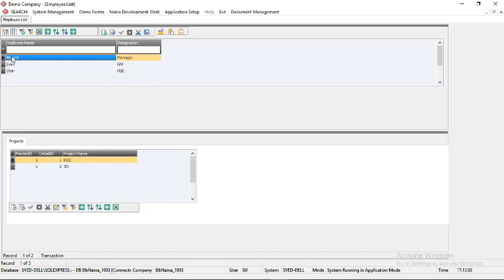We did not write any single line of code, but the system is capable of handling this master detail relationship. Now we have one form. Now if you want to add another form here, take for example job descriptions. Okay, so let's